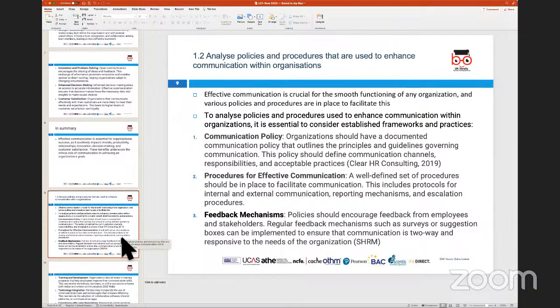Now, it is important for the organization to have a lot of policies. As a college, we have lots of policies that you have access to on Moodle. These could include data protection, equality and diversity, communication policy, academic misconduct policy, plagiarism policy, safeguarding policy, and health and safety policy. Now, why are these policies or documents created?